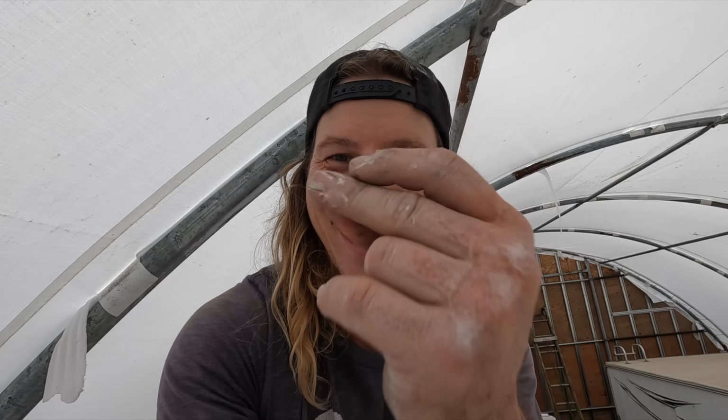Once that dries, I can primer this section here, and then paint the rest of the roof. So now we wait, apparently at least 2 hours. So I'm gonna take a quick break and I'll see you guys in 2 hours, which is pretty much a second. All right, it's been a couple of hours now and it's looking